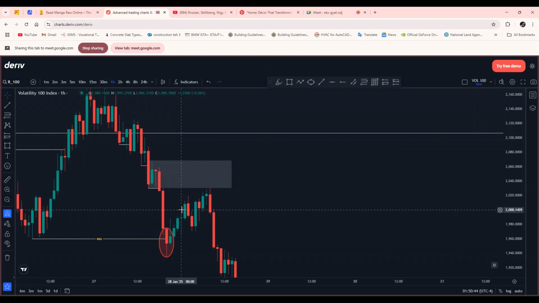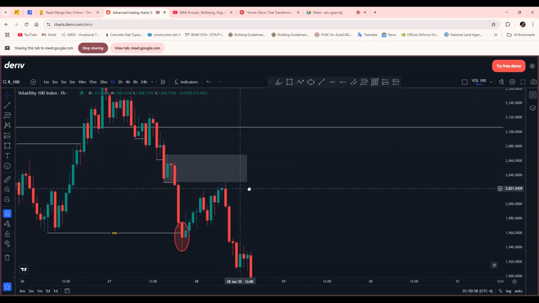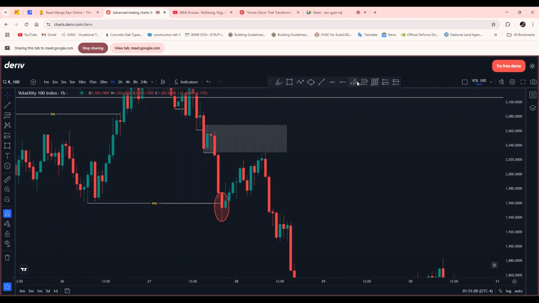On the 1 hour, that's what I normally use. That's what we always and normally use as our area of supply, the entire uptrending market. But we're not going to focus on that. We're going to focus on the market going back to that zone. But what we are going to be looking at to catch our entry is the action that's actually taking place